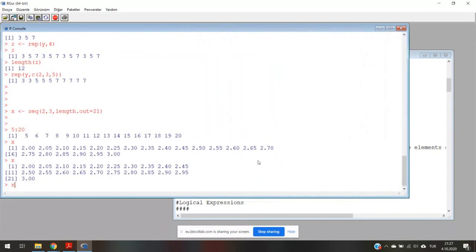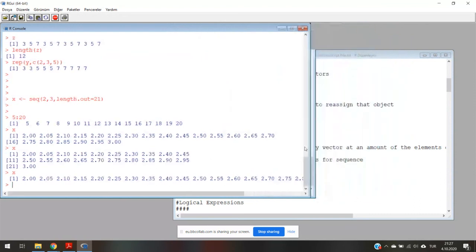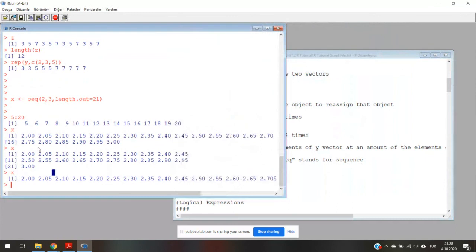Okay, now you see if I print x again, I will see the whole vector in a single line. Okay. Now I'm going back to my original size of my window. Okay. Now you see I have created a sequence starting from 2 up to 3, and the length of this sequence is going to be 21. Because I have defined my length carefully, the distance between the consecutive elements